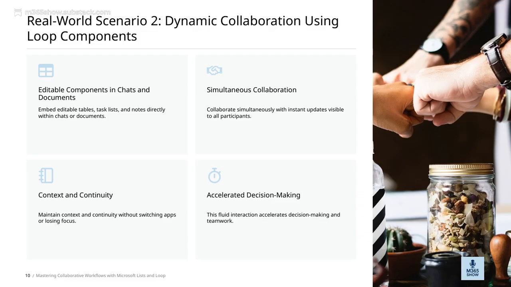Next, we have the idea of simultaneous collaboration. Imagine multiple people working at the same time, with updates appearing instantly for everyone involved. It creates a seamless flow, making teamwork more efficient and synchronized. And finally, the power of embedding editable components, like tables, task lists, and notes, directly within chats or documents. This means you can make real-time edits that everyone sees right away, which keeps the collaboration fluid and interactive. All of these points highlight how these tools help us work smarter, stay connected, and move faster in our collaborative